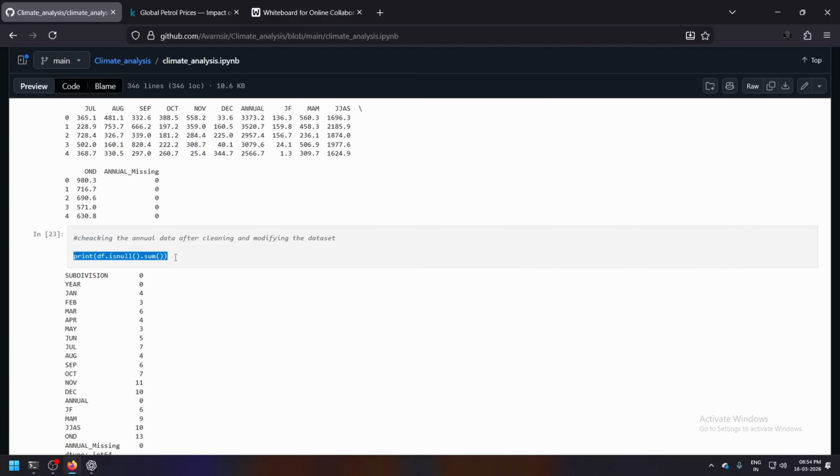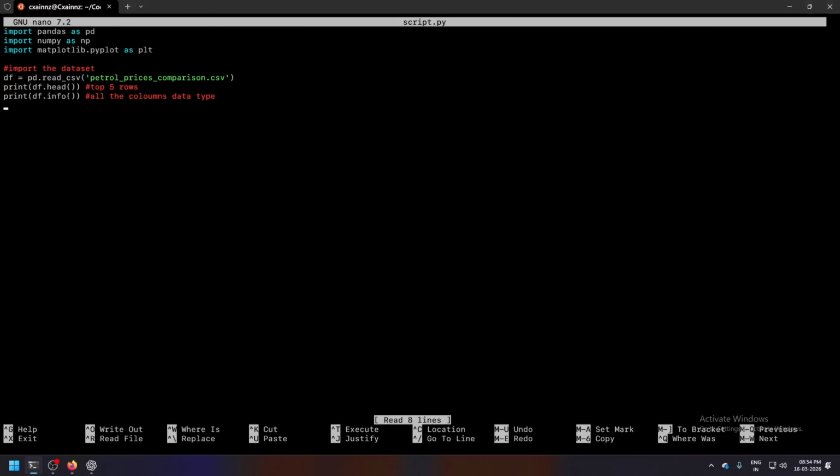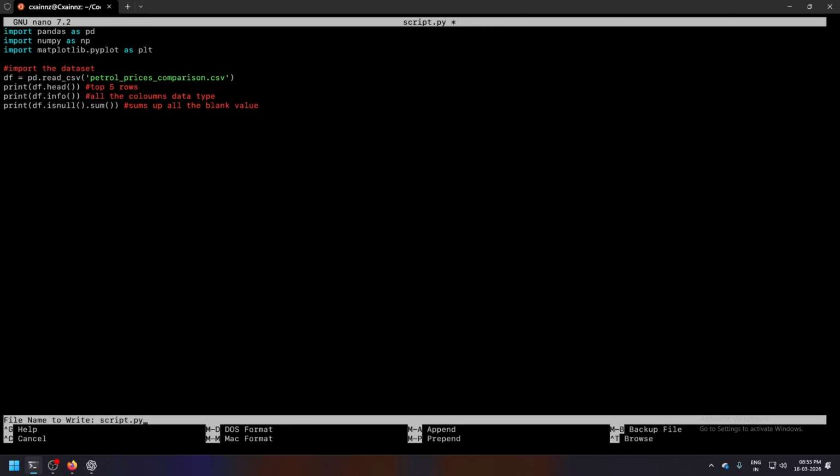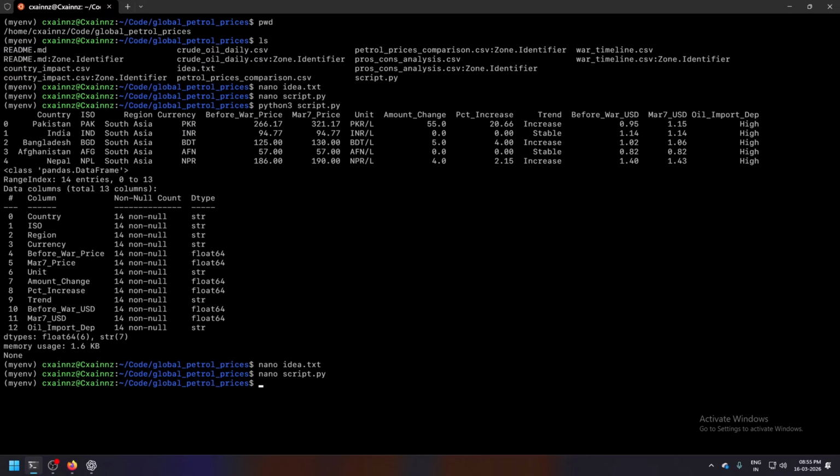So I will just copy this and paste it. What it does is sum up all the blank values, so if there is any blank value, it will show.